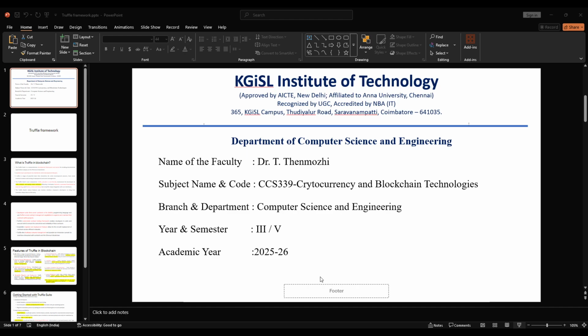So what does it include? It includes Ganache, a personal blockchain for local testing, and the second one is called Drizzle. It's a front-end library that simplifies dApp integration along with the other user interfaces. So this Truffle suite,